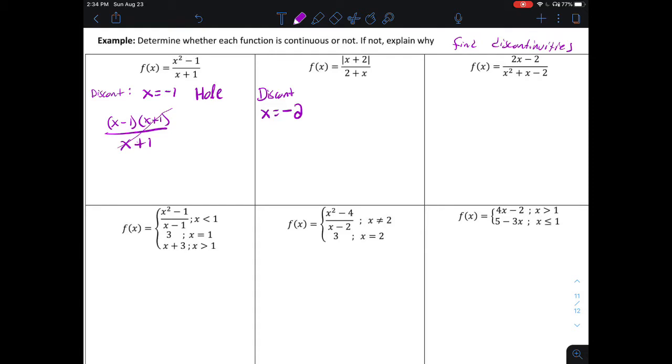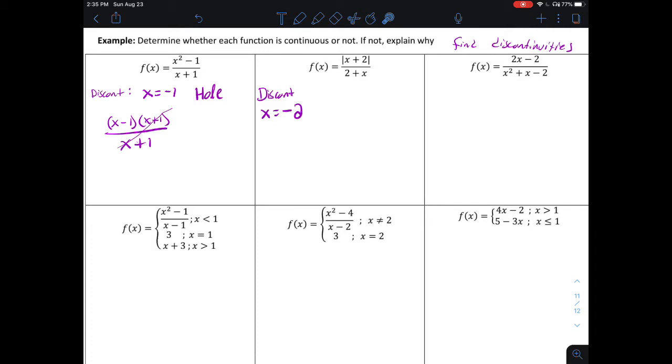Now, the kind of discontinuity we would have here: if you look at the problem that you have, we have x plus 2 over 2 plus x. So they are two factors that could almost be canceled out. However, the absolute value makes that part you'd have to be very careful of. So regardless of the number I put in for x, I'm going to have the same value in the numerator and the denominator. Just the numerator is always going to be positive, and the denominator has a chance to be the same number but negative,